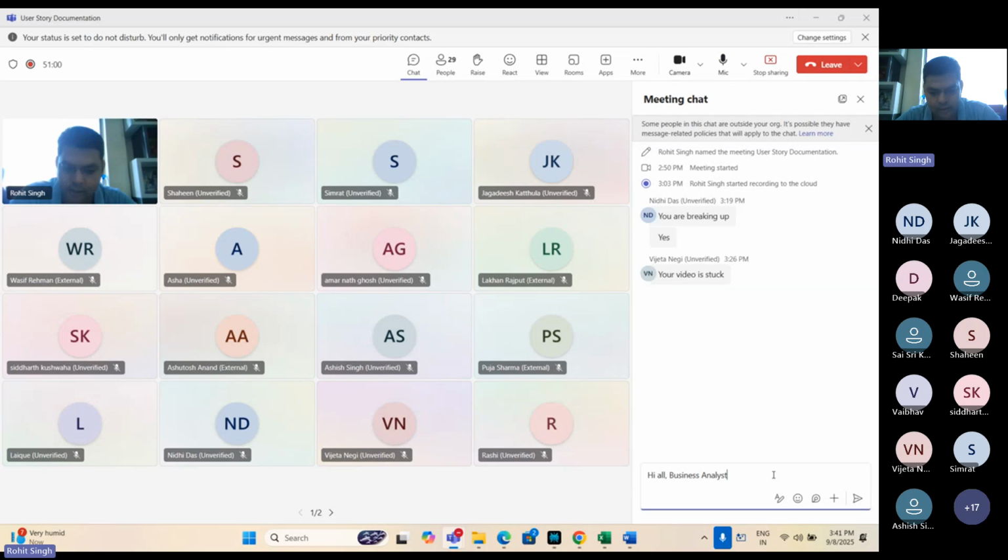Second option is read. Whatever you have written or texted, you are able to view it, right? So that means you are able to use the R feature, which is the read operation, right, Simrat? Yes, Rohit.